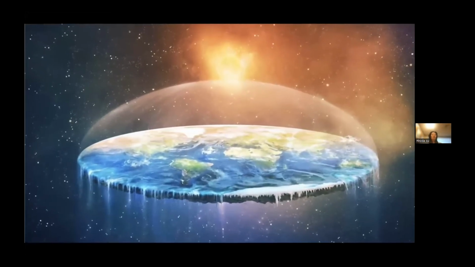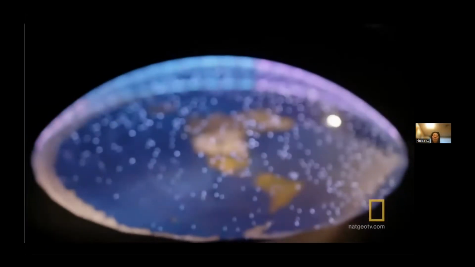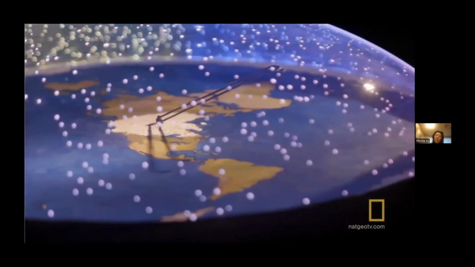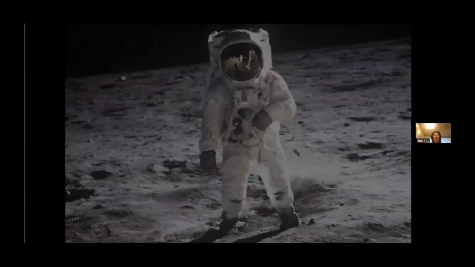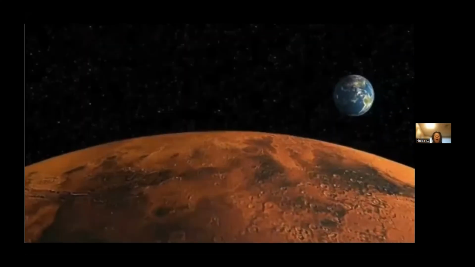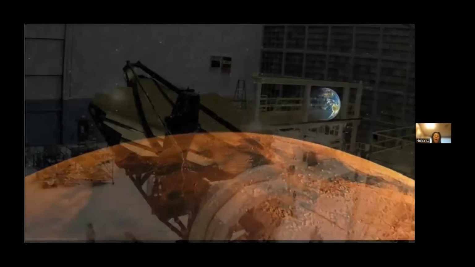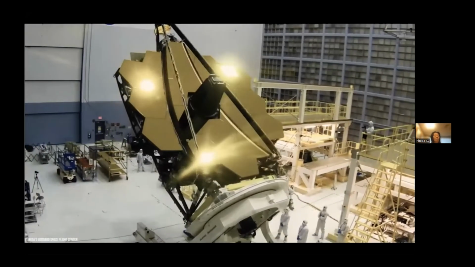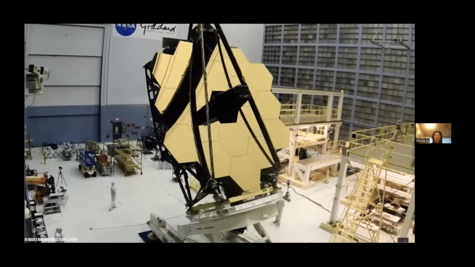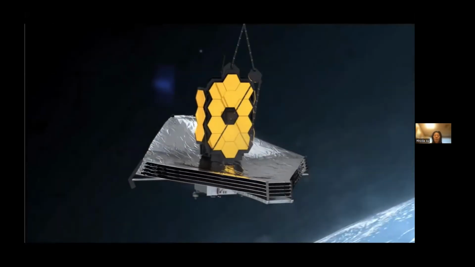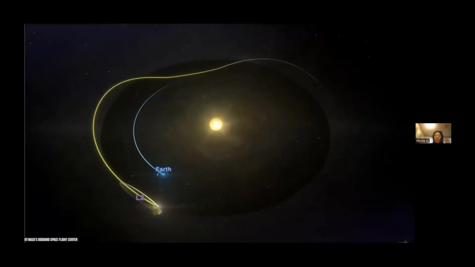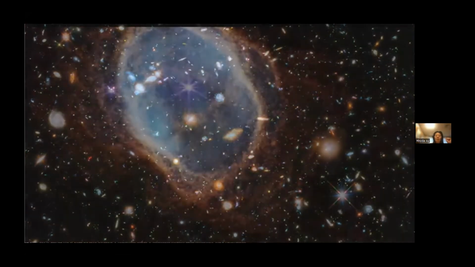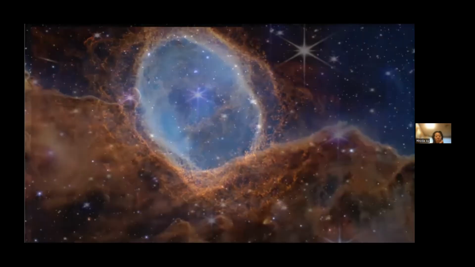So I always like to use space as an example of how we need to think about pushing our boundaries forward, because we used to think the world was flat. We determined it was round. We decided that we needed to explore beyond the boundaries of our own Earth. And as we've continued to move forward, with the most recent JW telescope, we've actually been able to start to see and understand things in a way that we've never been able to imagine before. And I really like to use this space exploration concept as a way to think about how we need to drive digital forward.